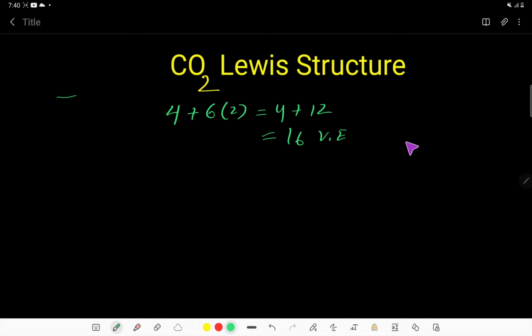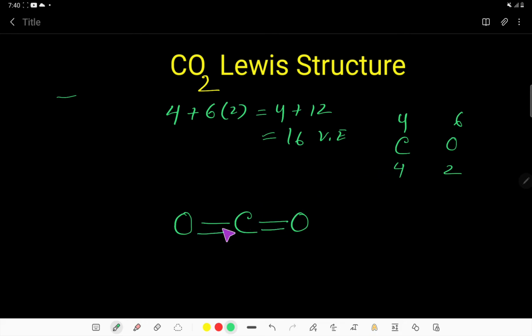So look here. Carbon has 4 valence electrons and oxygen has 6 valence electrons. So to fulfill the octet, oxygen will take 2 valence electrons, so oxygen will share 2 valence electrons and carbon will share 4. That is, oxygen will form 2 bonds and carbon will form 4 bonds, right? So let us do that. Here oxygen will form 2 bonds and carbon will form 4 bonds.